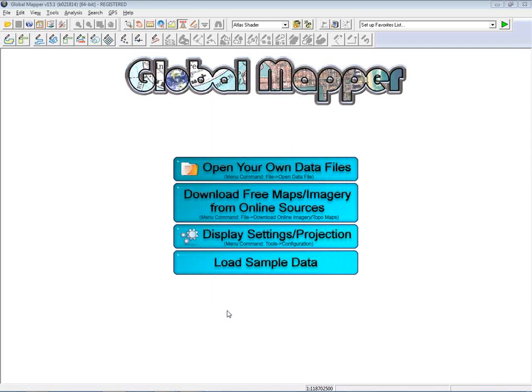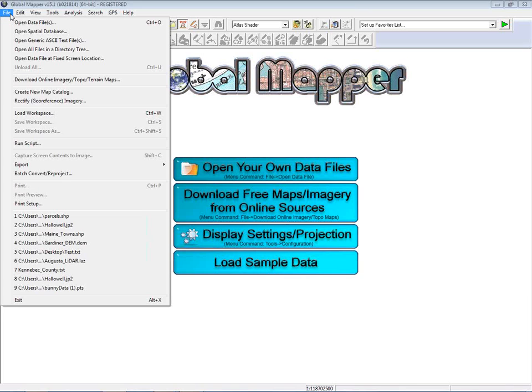We're going to deal with where you normally are going to begin, and that's importing data. All right, a big part of GIS is actually using and looking at and interpreting data. And with Global Mapper, there are many ways to get data into the software. As you can see right here on your screen, there are 4 buttons. The top button opens your own data file. Or you can download free online data, and you have some options for display and settings, and then load sample data. The software does come with some sample data loaded in, but for today we're going to go to